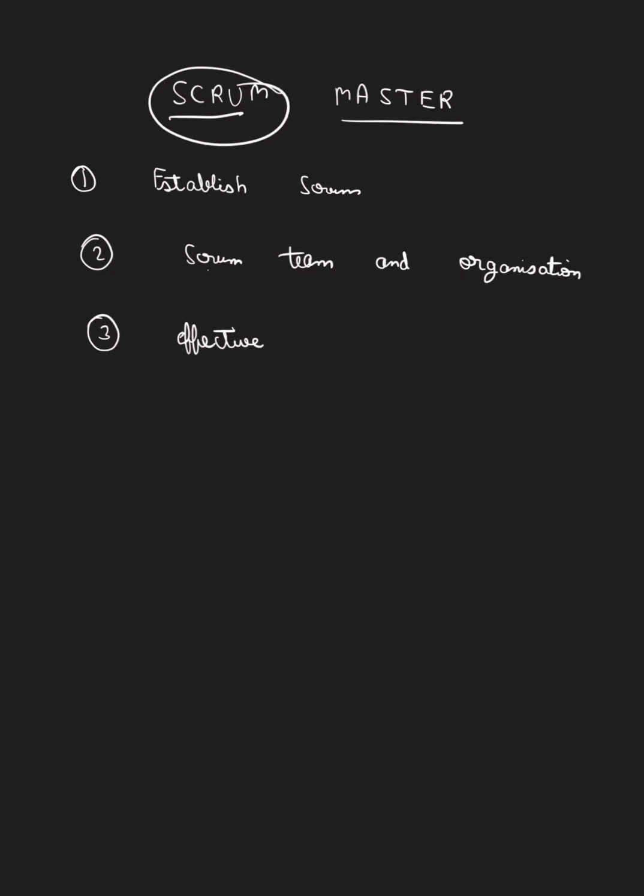If there is a question like how the Scrum Master serves the Scrum team, then you can say in the following ways. What is a Scrum team? I hope you remember this. Scrum team means all developers, the product owner, and the Scrum Master. They come under the Scrum team, and it is 10 or fewer people. Very small teams. There are no hierarchies.